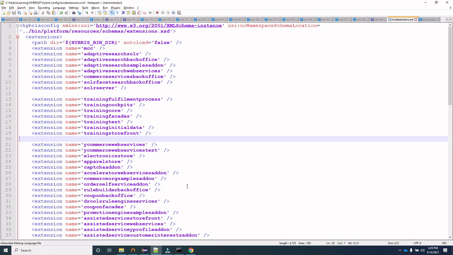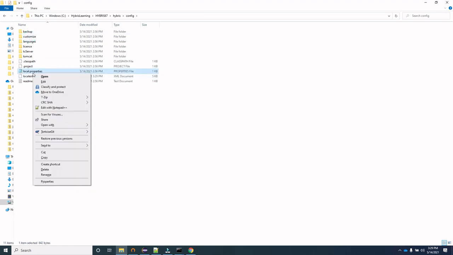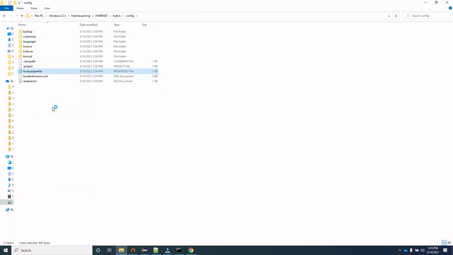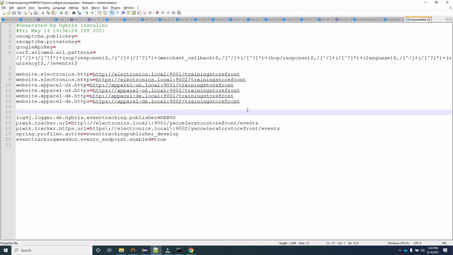Now, after the first two steps are done, we go to our local properties file, which is present inside the config folder. We open this local.properties file, and here we add our website endpoints. Inside local.properties, we have added the key-value pair where the key is the website for electronics, UK,